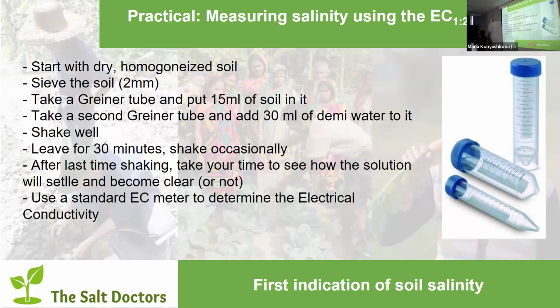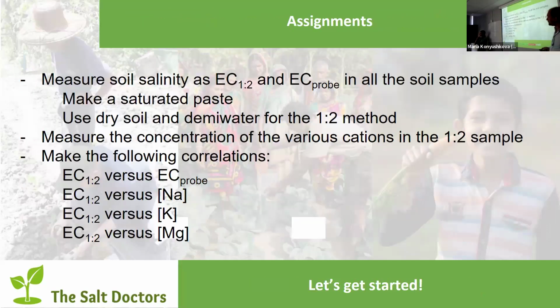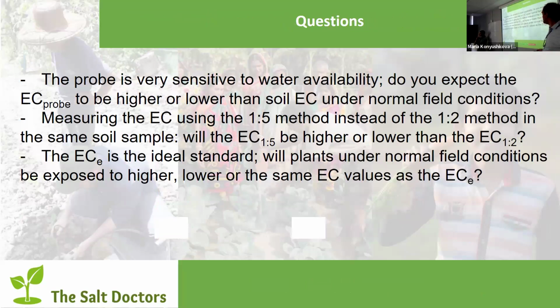The ECe is the salinity of the soil solution when it is saturated. It is half the salinity of the soil solution at field capacity, and a quarter of the salinity of the soil solution at wilting point. So it is still a useful thing to have in mind because it can help you get a message to a farmer about what conditions the plant is seeing. Yeah. And so I find it useful from that point of view. Otherwise, I agree with you. Yeah. No,